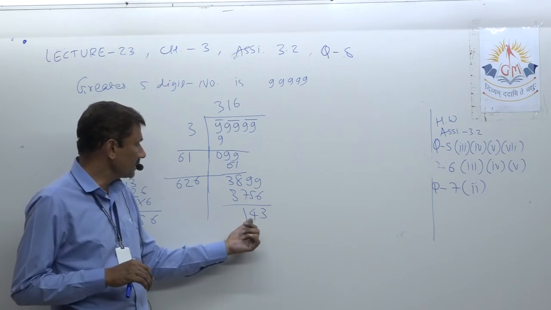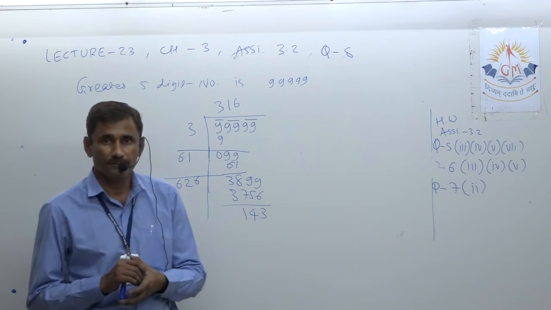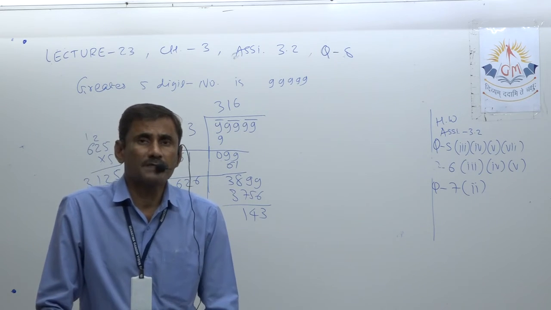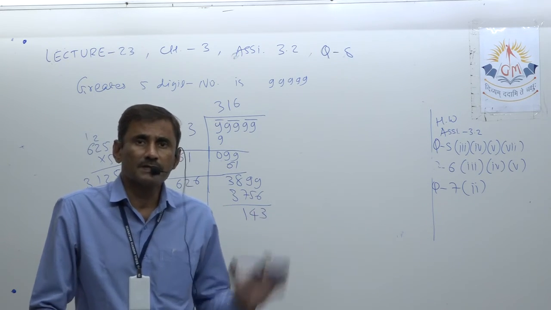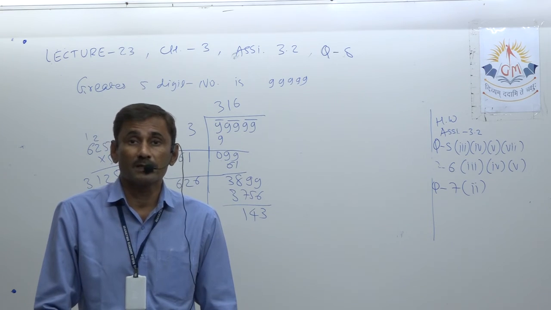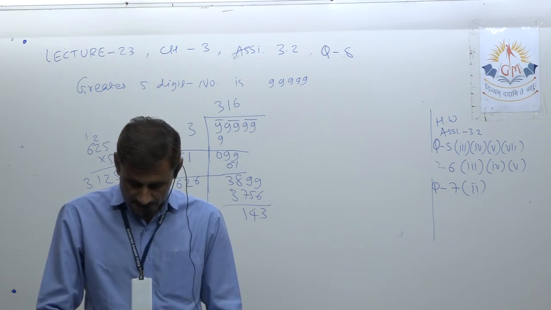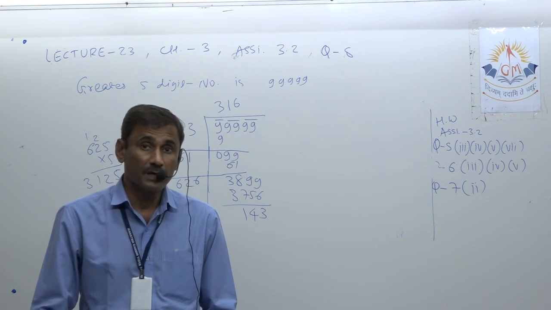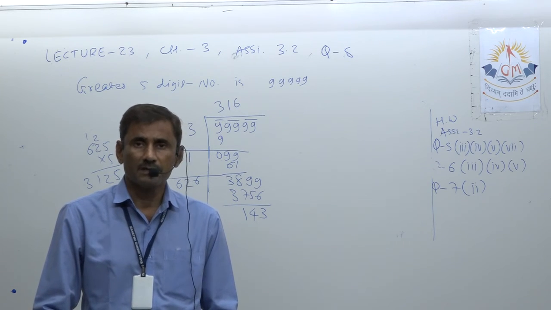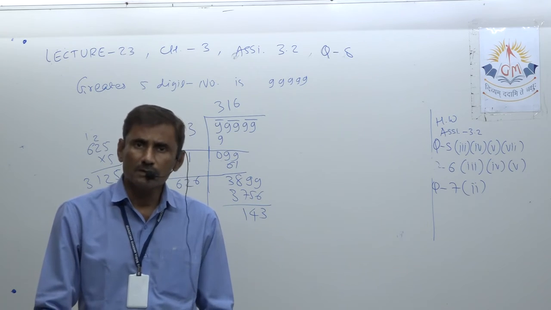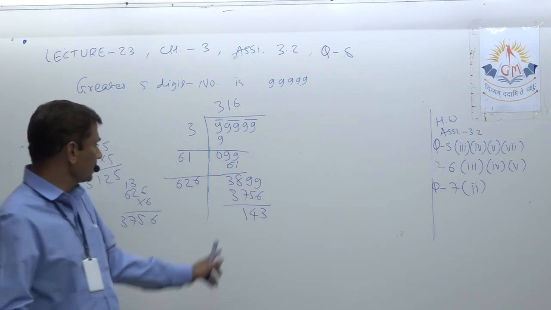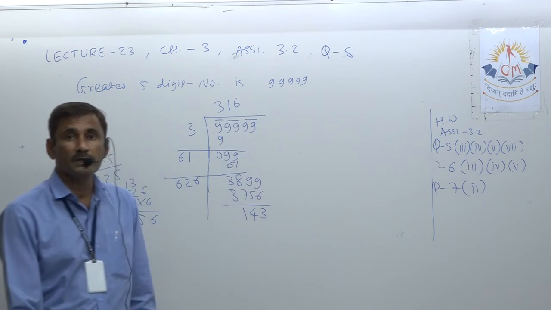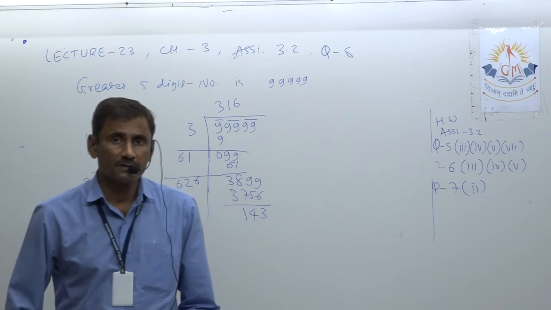So if we subtract this extra 143, then whatever number there is, it will be a perfect square number. So this extra 143 should be subtracted. Okay, so this question is just like number 8. There also we subtracted something. Here also we have to subtract this extra 143 so that we can get the 5-digit biggest perfect square number.